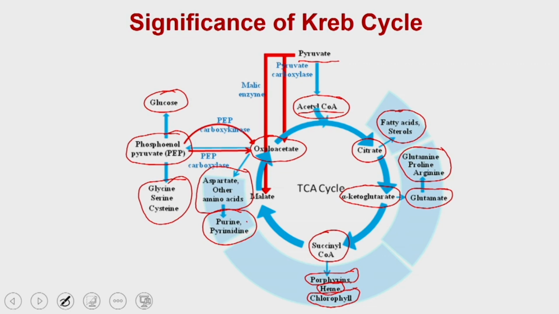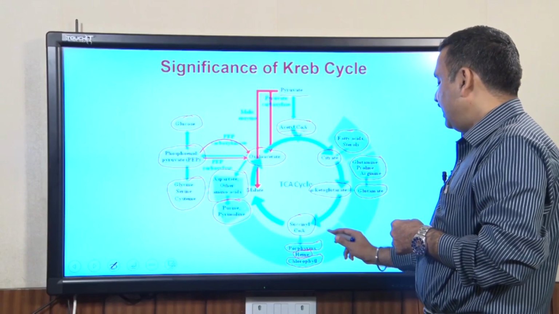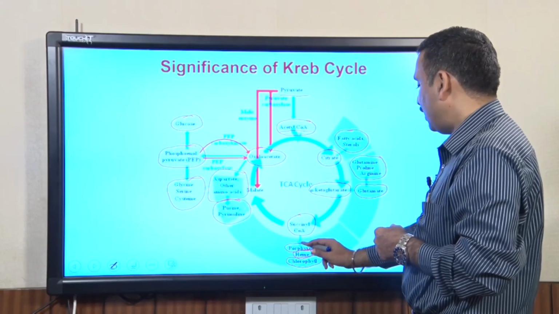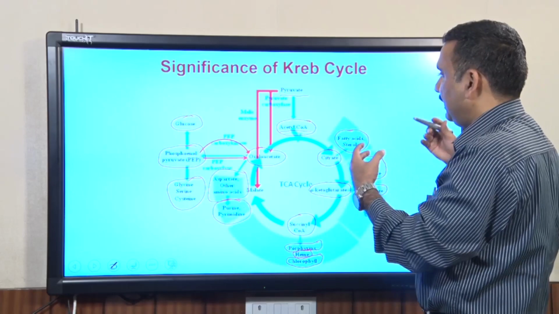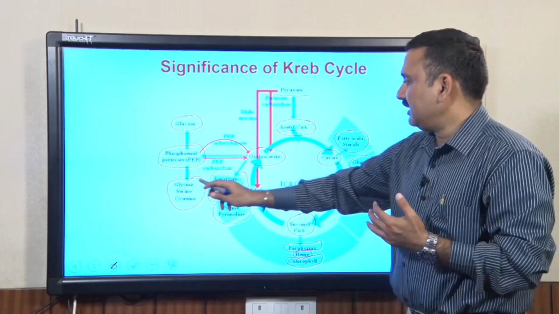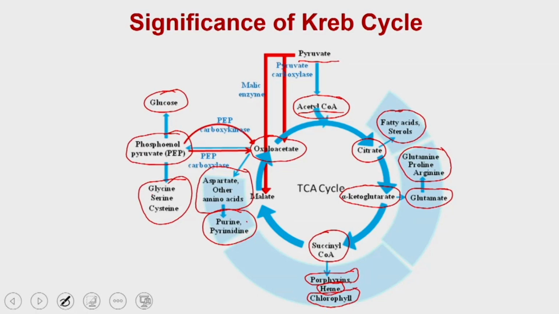Alpha ketoglutarate is linking the TCA cycle to another type of amino acid synthesis, and succinyl CoA is connecting the TCA cycle to the biosynthesis of heme or the porphyrins. This means that if there is a requirement of these intermediates, for example, if there is a requirement of glycine or serine, the Krebs cycle can utilize or channelize some of these oxaloacetate molecules for the synthesis of glycine